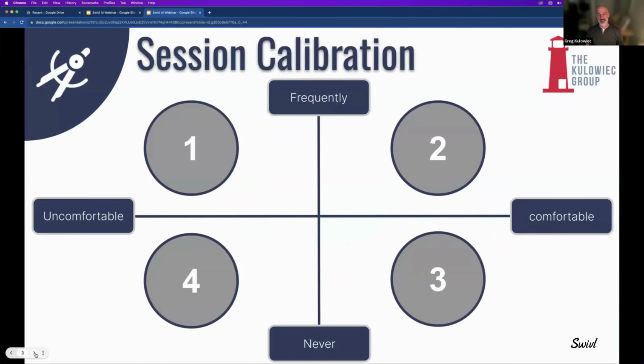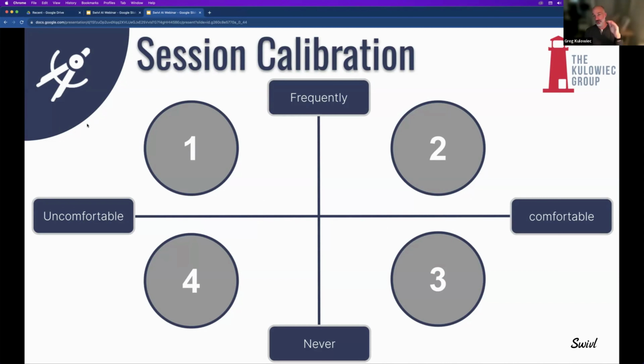So with that, I always like to calibrate the groups that I work with. It looks like we have the chat up and running. Yeah, it looks like we're good to go. So in terms of your comfort level, if you want to drop a number in the chat: if you're quadrant 1, it means you're a frequent user of AI tools, but you're still kind of uncomfortable. Like, what's going on? I'm not quite sure how to leverage this thing. Maybe my prompt writing isn't so refined and I'm just nervous about what the prospects are.